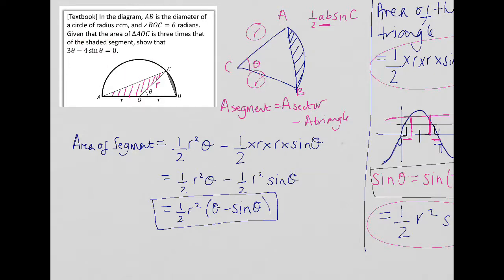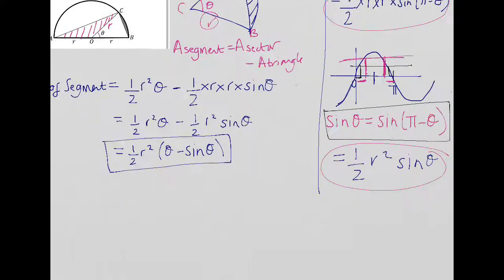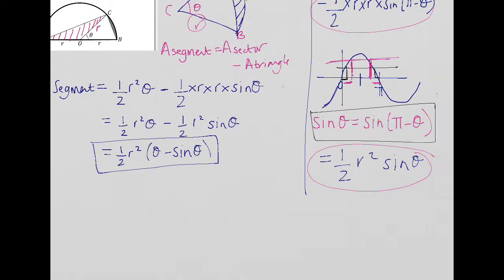So we're saying that the area of this is 3 times the area of that. Right, so we're saying the area of my triangle is equal to 3 lots of